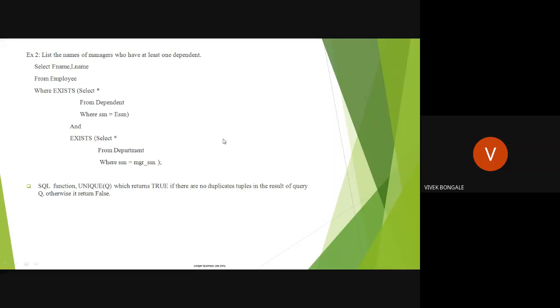This is what the EXISTS and UNIQUE functions are going to be used for in the